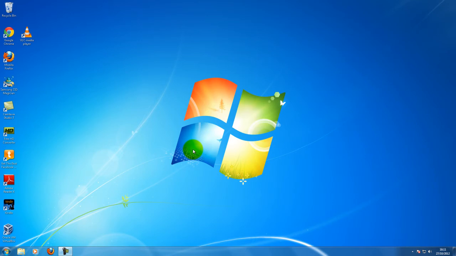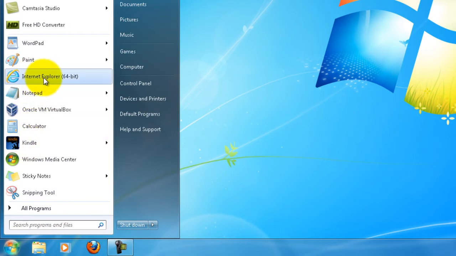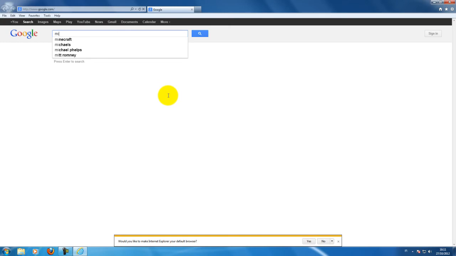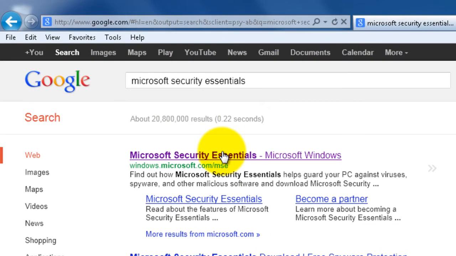So, open up your Internet Explorer and type in Microsoft Security Essentials into the search bar. So click on Start, go up here to Internet Explorer and type in Microsoft Security Essentials. And it'll show up there, the third one down, you see it there. So the first one here is the one we are looking for. You can see here